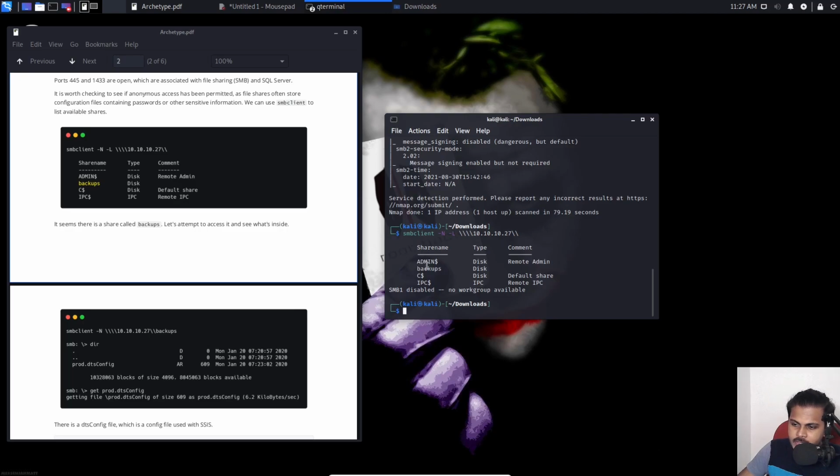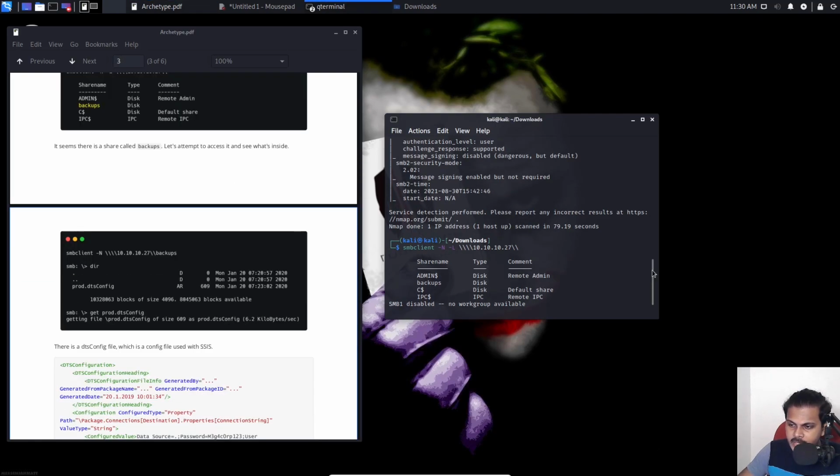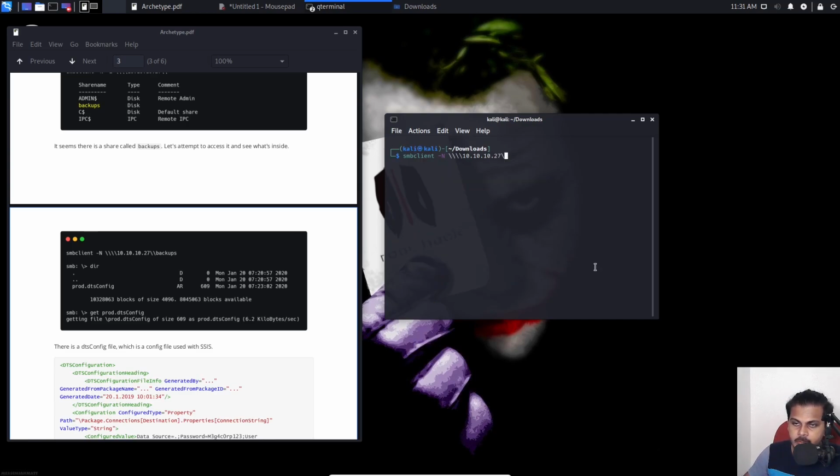If you have access to this admin share, the box is pretty much pwned, right? But the focus here is the backups folder. So let's have a look at it and see what is in there. We can use the same command, but there are some modifications that have to be done. So from the previous command, get rid of the -L. You can use backups at the end to connect to the backups folder,